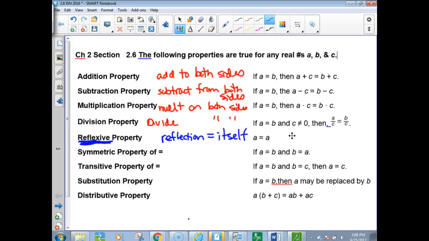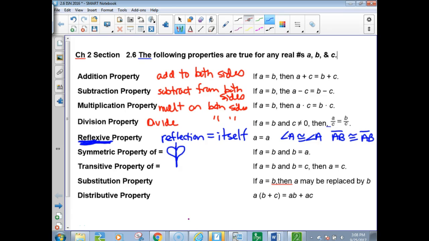So A equals A. You could have angle A is congruent to angle A. All of that's reflexive. Segment AB is congruent to segment AB. That's all reflexive property. The symmetric property is when it flips on itself, or much like a heart, usually has symmetry,